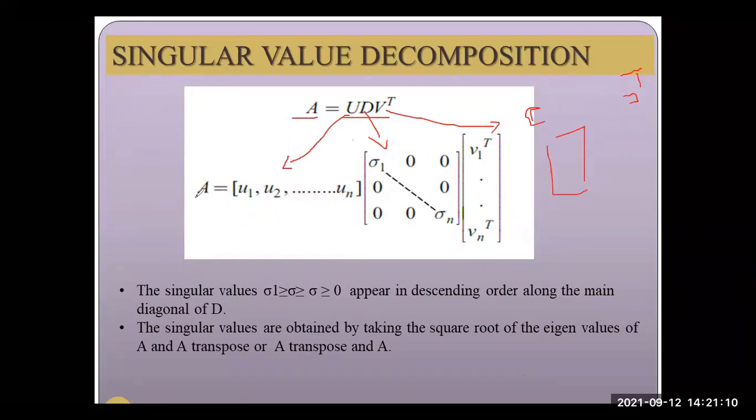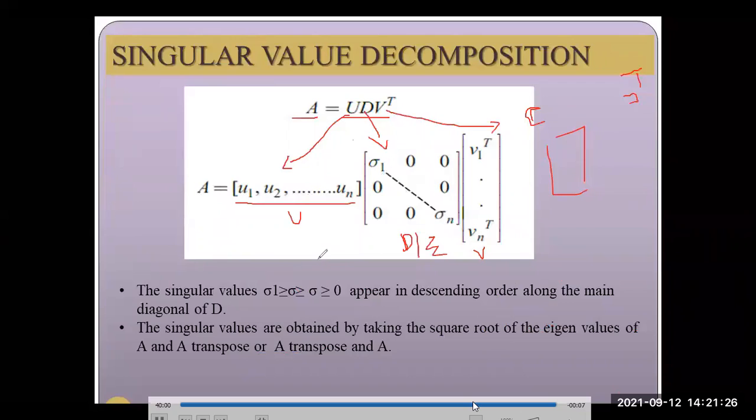Now this is the actual decomposition. So what we are doing is decomposing this actual matrix A into three components. This is my U, this is my D, or sometimes I represent it as sigma, and this is my V. The point is, these sigma values or similar values